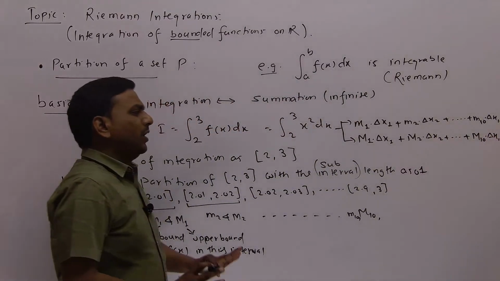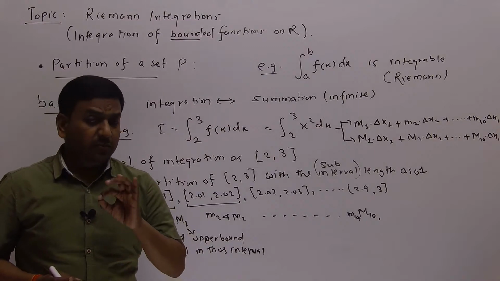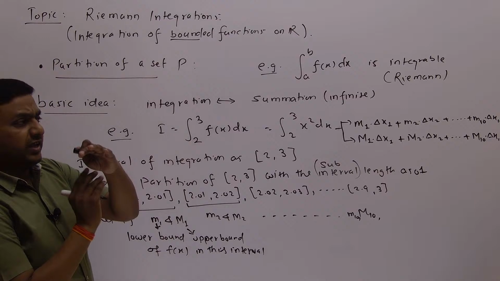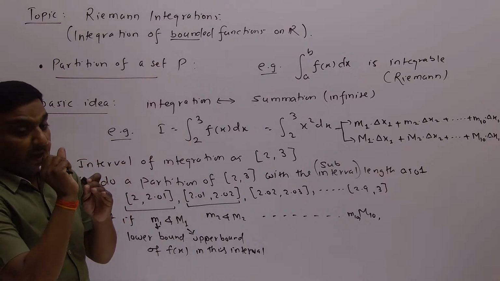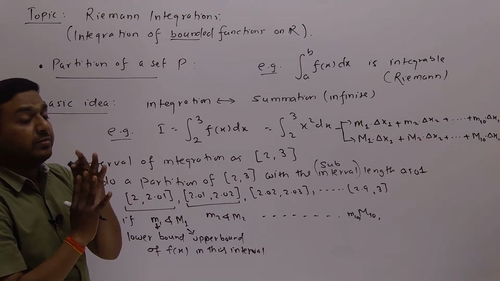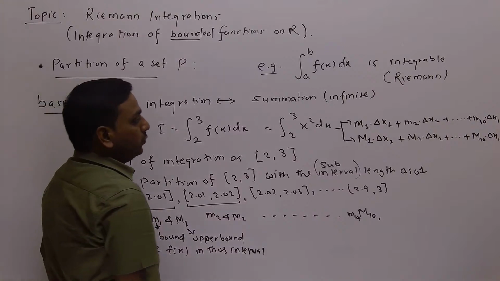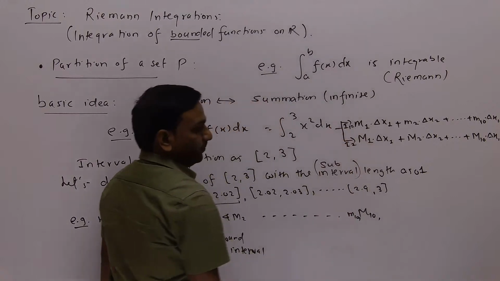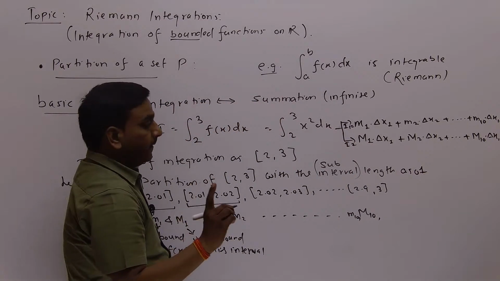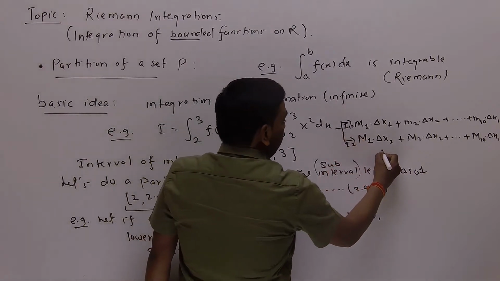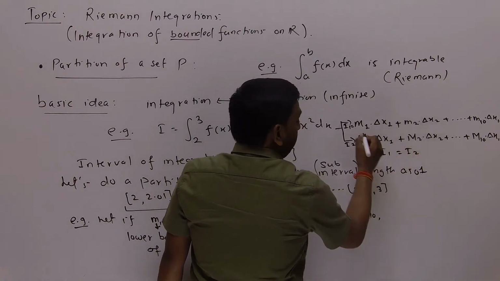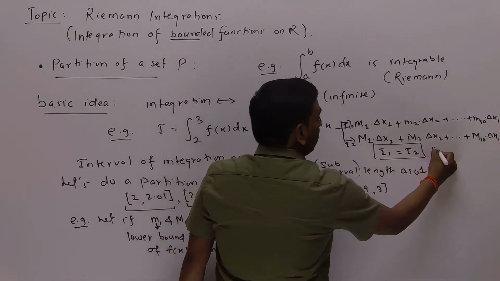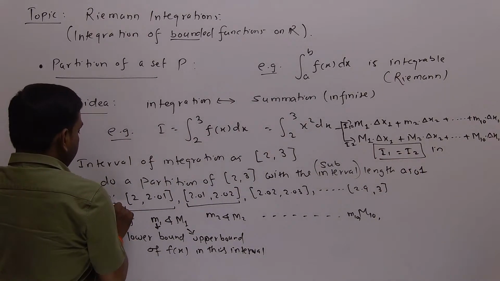What happens here is, my dear fellows, you have considered the lower bounds in each subinterval and the upper bounds in each subinterval. You have calculated these values, let's say I1 and I2. What happens if, taking the summation, I1 happens to be equal to I2, and let's say you call this the partition P.